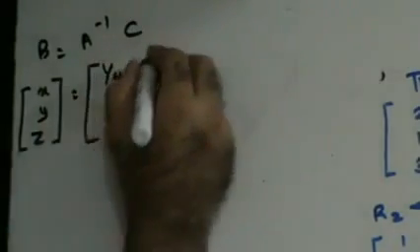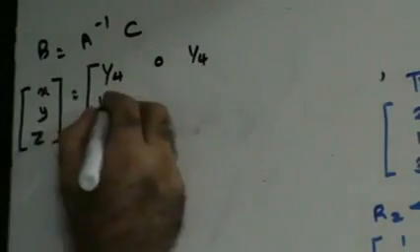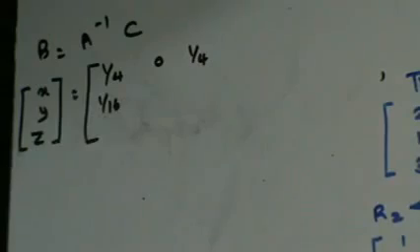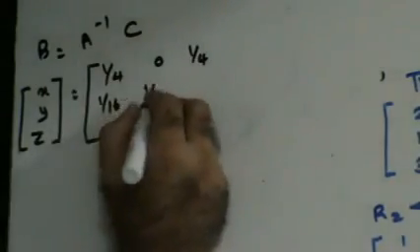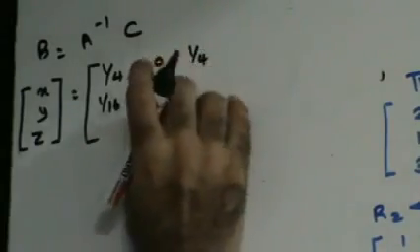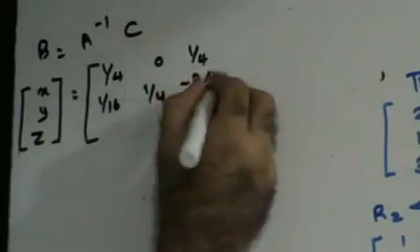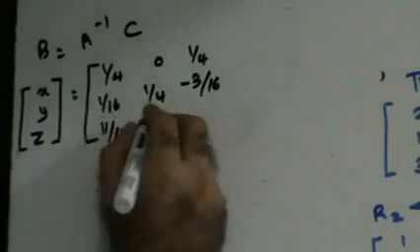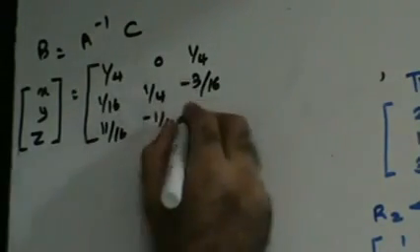You just found out the value of A inverse to be 1 by 4, 0, 1 by 4, 1 by 16, 1 by 4, minus 3 by 16, then 11 by 16, minus 1 by 4, and minus 1 by 16